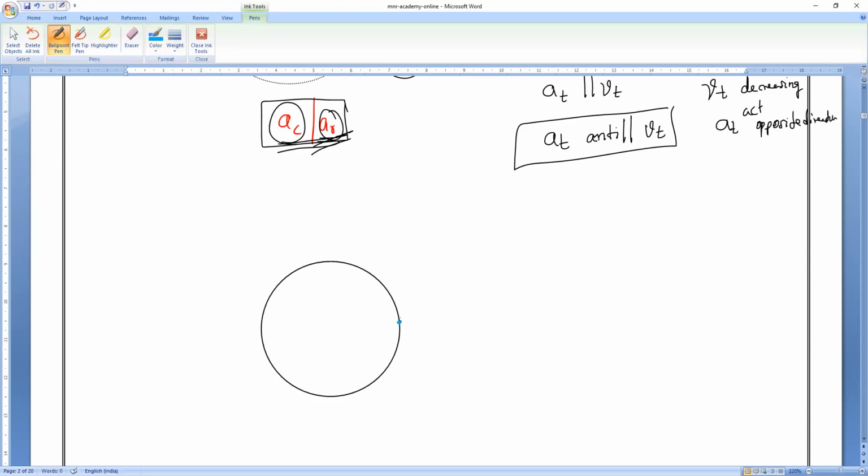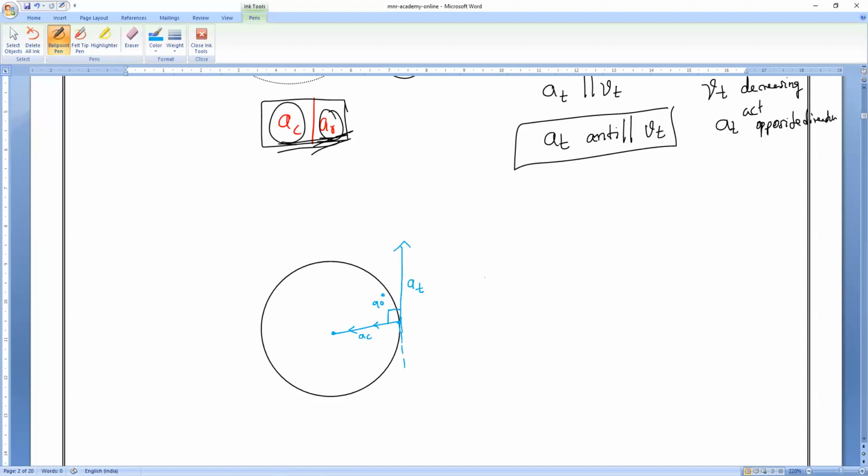So we all know that at this particular point, centripetal acceleration always acts towards the center. And at the particular point, if I draw a tangent, then we get tangential acceleration. So what is the angle between them always? We all know that. 90 degrees. So if I imagine this perpendicular line,